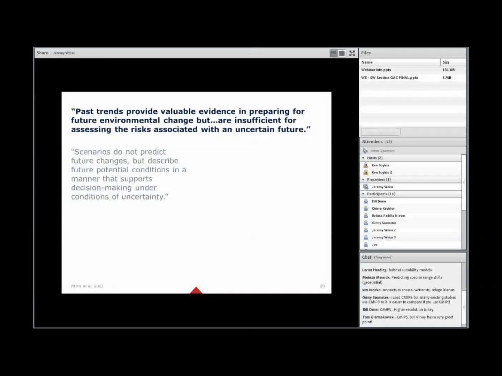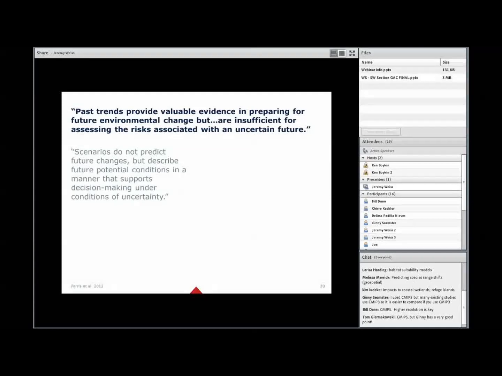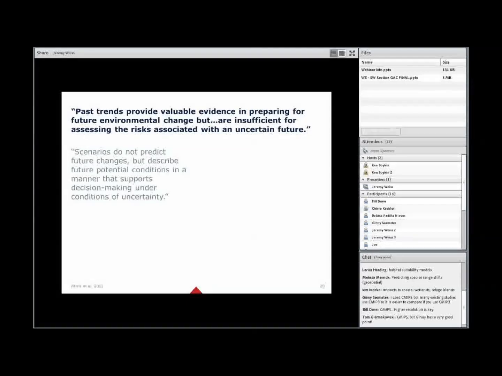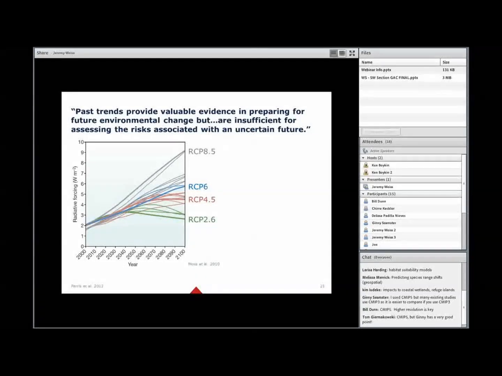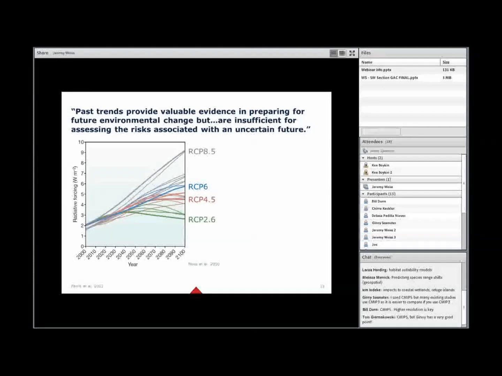You can see these here in this particular figure: RCP 2.6, 4.5, 6, and 8.5. What those numbers are referring to is the radiative forcing, which you can think of as the extra heat added to the climate system due to additional, or increasing, greenhouse gas concentrations.